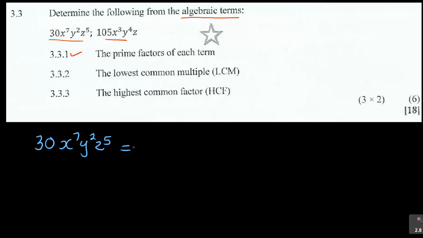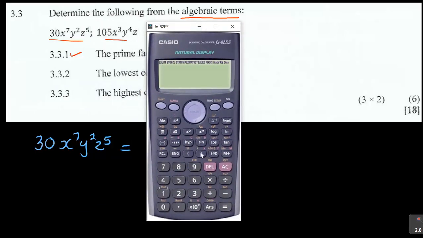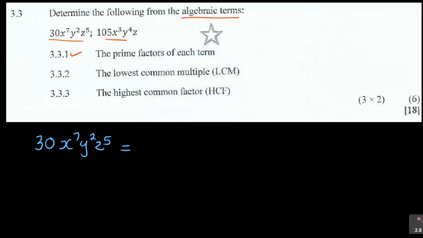Now the prime factors, you take a calculator. I hope my calculator can do that. Unfortunately, mine can't do that. But there is this part here on your calculator. See that part? When you press it, so what you'll say is 30 equal to, then you say shift that part, fact. But mine won't do. Yours will give you the prime factors. So mine, I'm going to do it the long way. So to do 30, I'll do like that.